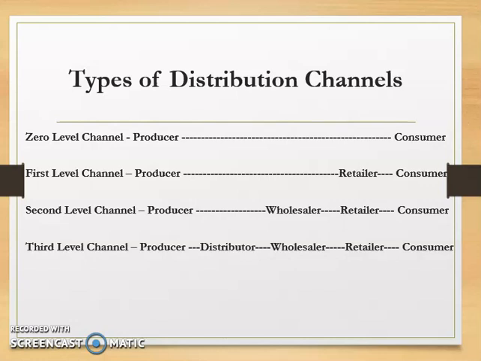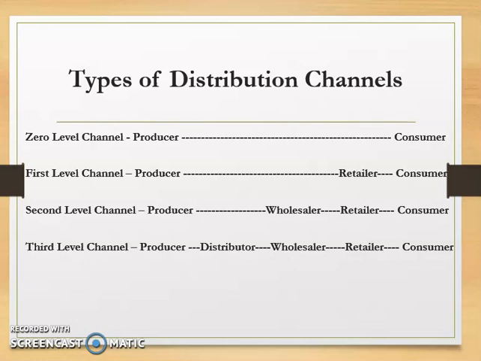So you cannot reach the Dabur honey directly from the manufacturer, right? You have to have the retailer to purchase that brand. If you want to buy a t-shirt, you cannot go to the manufacturing unit to purchase. You need to have a distributor, wholesaler, retailer. That will be based on the three levels of channels, but based on that the cost will also change, right?